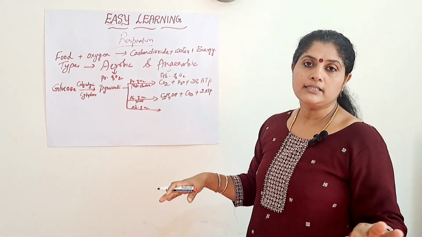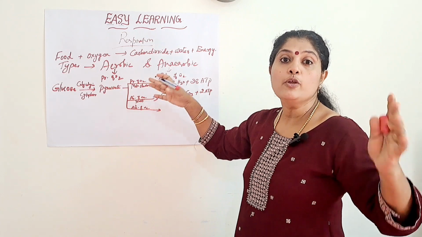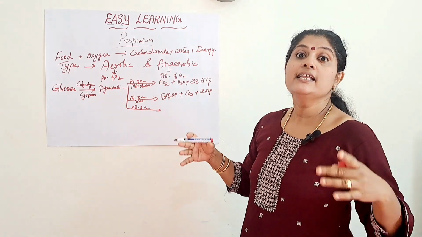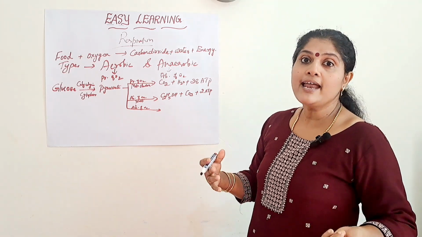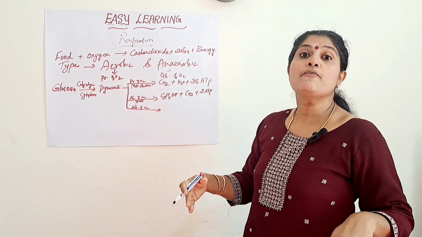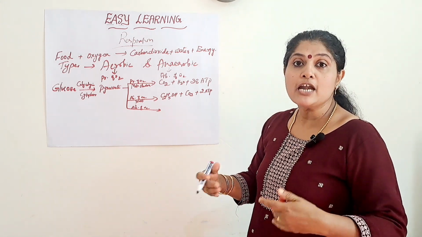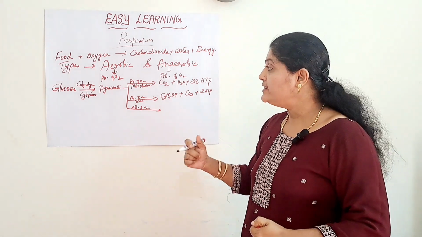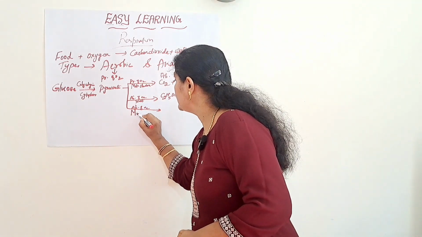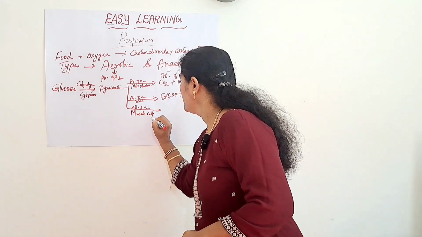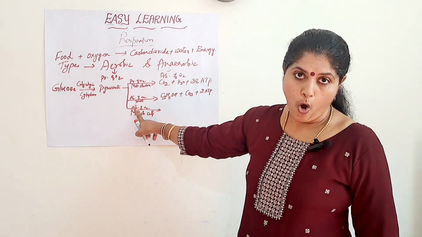In human beings, a simple example, human beings respire aerobically only, by using oxygen. But in certain cases, if we are doing any heavy physical exercise, at that time the cells will not get a sufficient amount of oxygen. So what will happen? Then the cells will start to breathe anaerobically. At that time, in human beings, the muscle cells will start to breathe anaerobically without using oxygen.